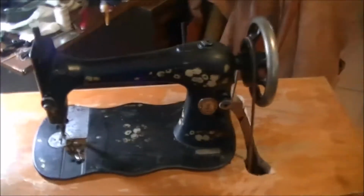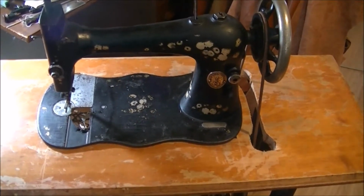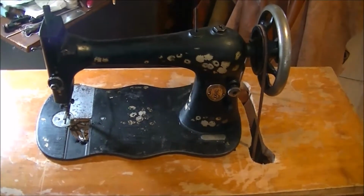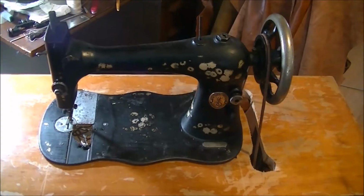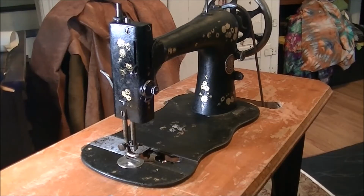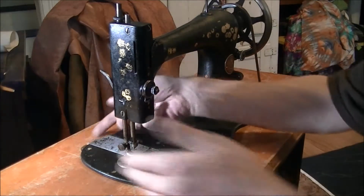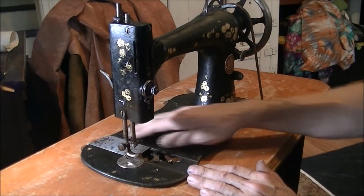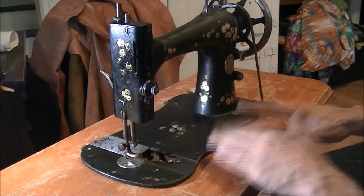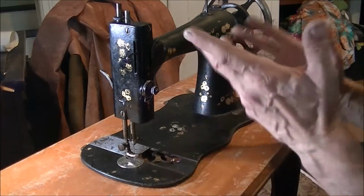Anyway, so it's in the treadle now, and let me set the camera up in a different way so I can show you how it sews, hopefully. Fingers crossed. So here it is, and one of the first things, obviously, is that it doesn't fit correctly. It needs to sit down better, but I wanted to give it a try. It's hard to tell if it's working unless you've got a position to put it in so that you can